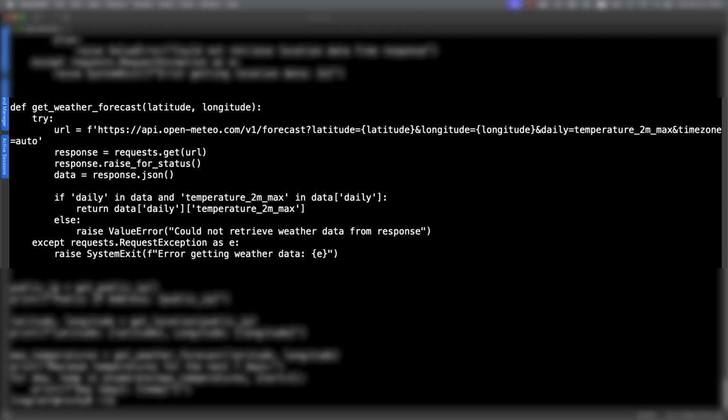As we move further into the code, we can see that we are populating our response with the request.get on our URL. We're looking to populate the data dictionary with our response in JSON format. And of course, we're checking that we've got the right data in there. So we're checking for daily, temperature, and we are returning then the daily temperature.